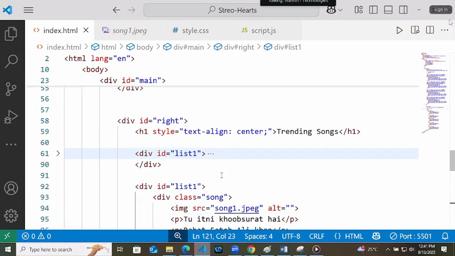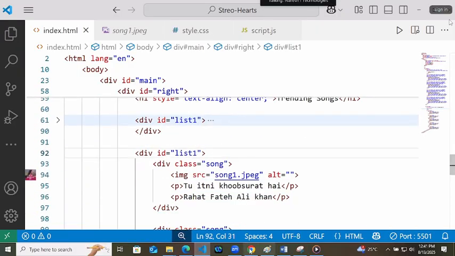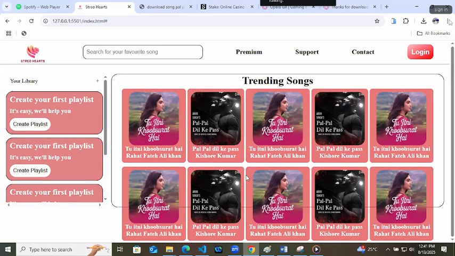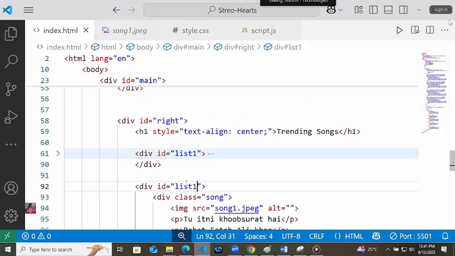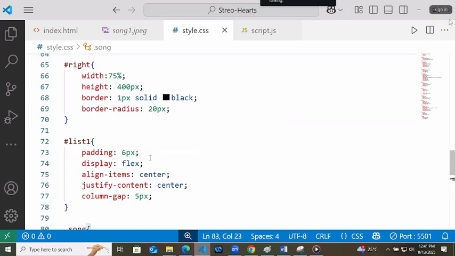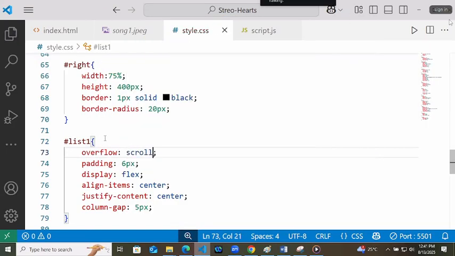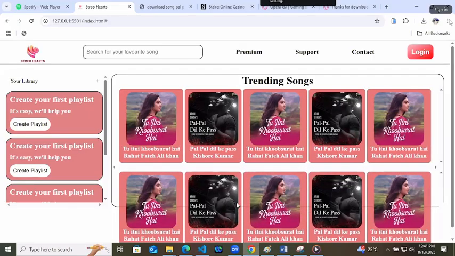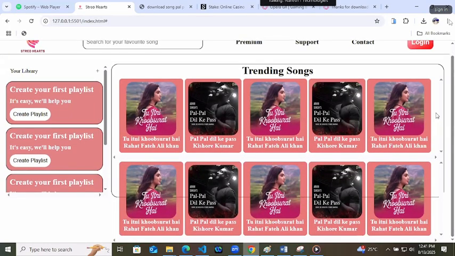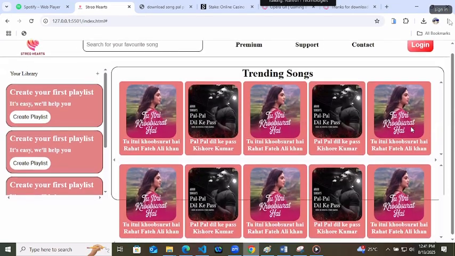You can change the list 1 to list 2 or you can keep it the same also. Here you will see that content is going out of the box of its parent, list 1. Overflow. In overflow scroll it will scroll, but where it is scrolling?